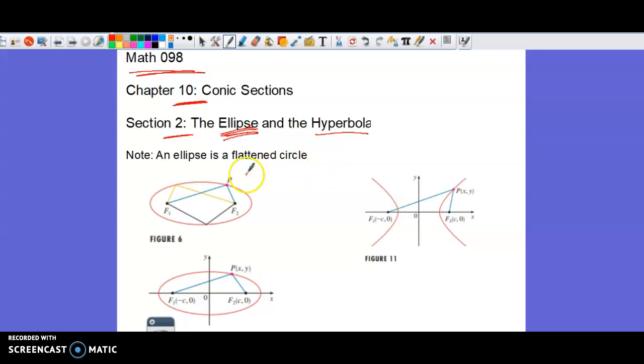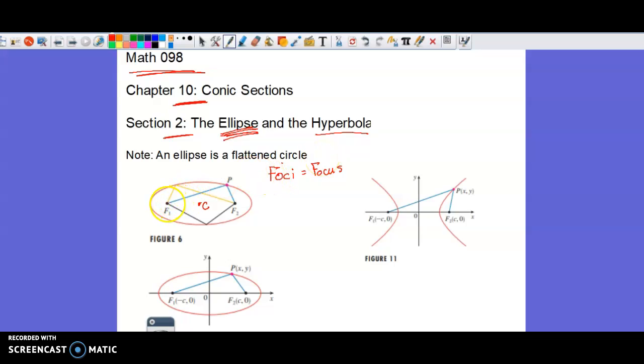So in an ellipse, just like with a circle, it has a center here in the middle. And just in layman's terms, we would call this a flattened circle. And so what's going to happen is we have what are called focal points. That's what the F stands for. The plural of focus is foci, because there's two of them. I guess I'll write out that each one is called a focus point. But anyway,